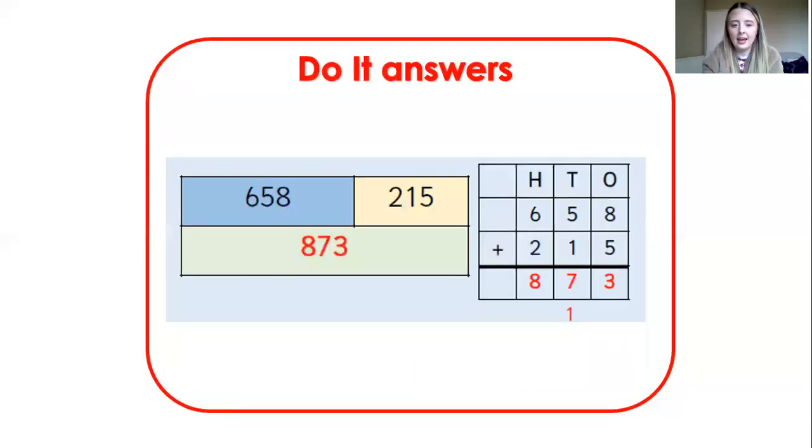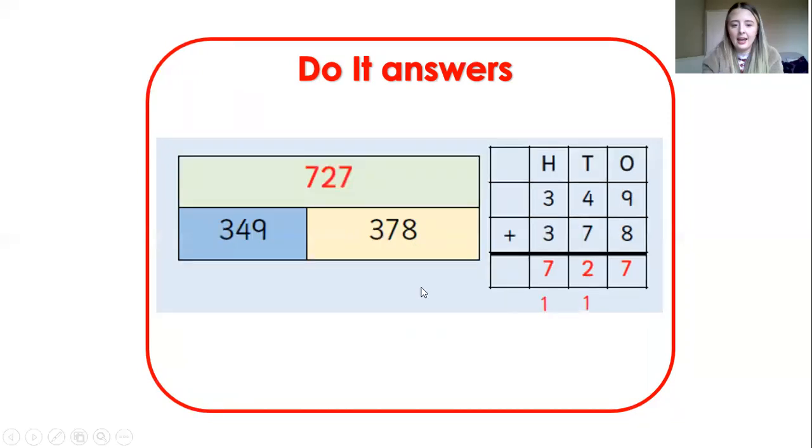Okay, then, so for one of the bar models, the answer was 873. This one only had 1 exchange, so we had to exchange 10 of the 1s over to the 10s, and we ended up with 873. Next up, we have our 2 exchanges again,